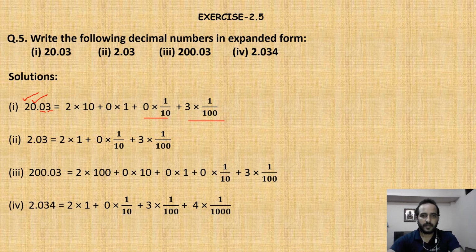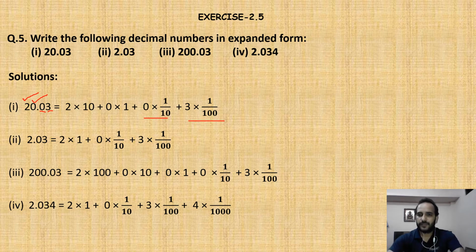So now similarly, the expanded form of the next given numbers will be in the similar way, and the second, third, fourth part, all the parts you can see, simply we have multiplied with the place value of that number on both sides, before the decimal and just after the decimal here. And it's very simple to understand.